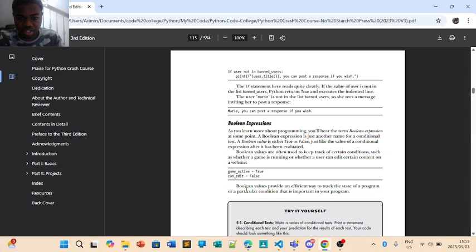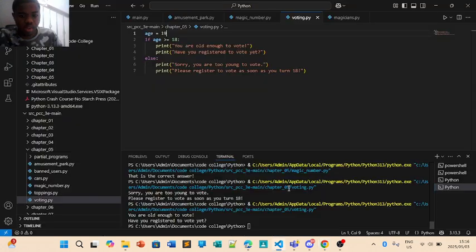Please register to vote as soon as you turn 18. You're old enough. As you can see here, if before it was 17, so it prints